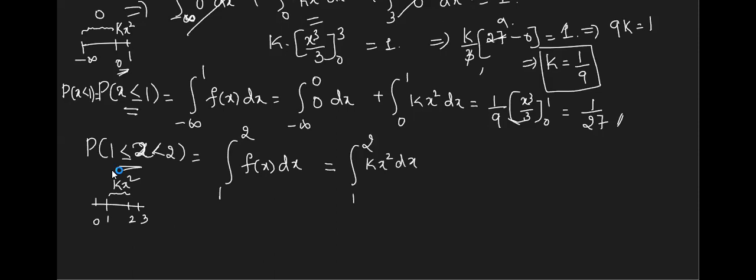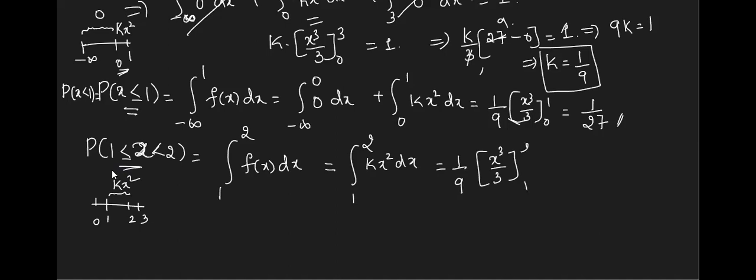Others also, please try to understand it. It's a simple thing. I have not included any infinity because the upper and lower limits are already given in the problem. Here the lower limit was not given. So k comes out, which is 1 by 9. Again, what is the integration of x square? Same integration everywhere, not to worry.